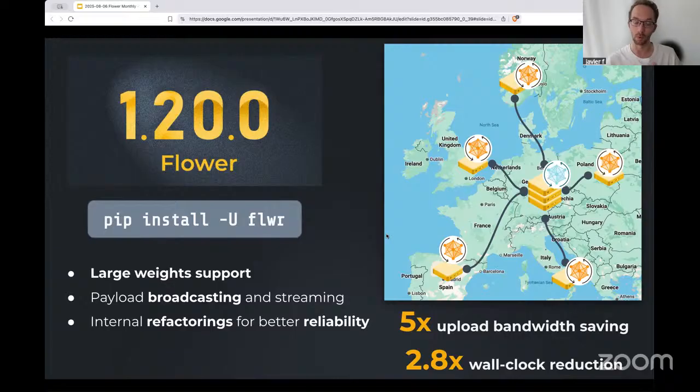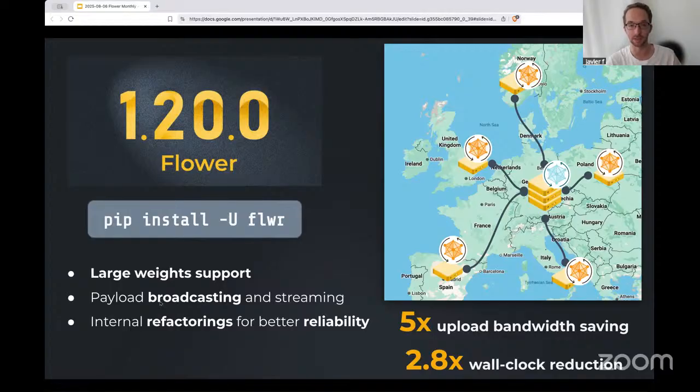When we were stress testing the system, I set up a federation with 5 supernodes, which are the equivalent of clients in Flower, in 5 different countries in Europe. And I set up a Superlink, which is like the server that does the aggregation and coordinates the federation, in Germany. And I was able to see some pretty huge speedups. I was not only able to do the federated pre-training of an 8 billion parameter LLM, but also